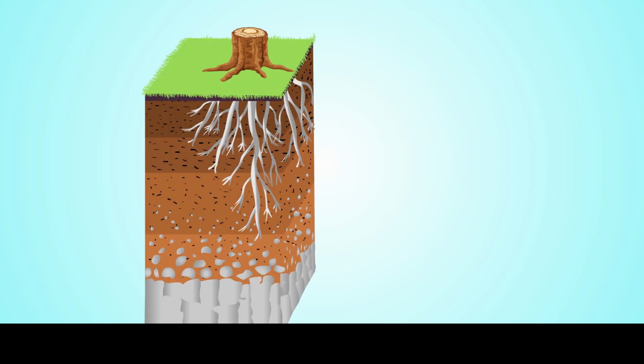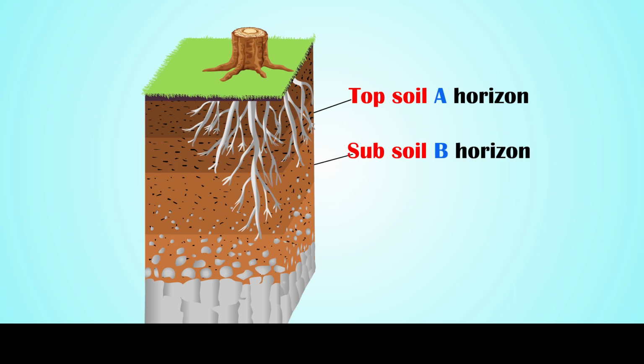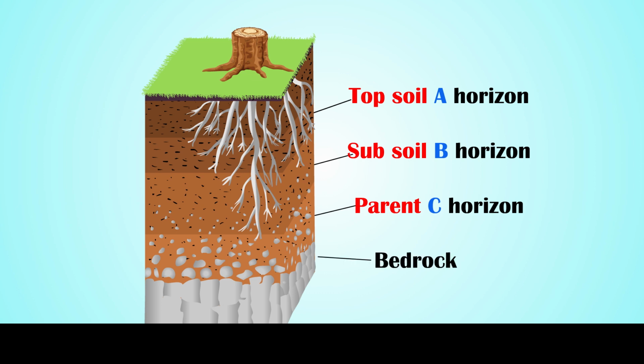Soil profile. Soil is formed in a number of layers. This sequence is called the soil profile. If we dig deep into the ground, we will find that each layer of the soil is different. Topsoil, A horizon; subsoil, B horizon; parent material, C horizon. The top layer of the soil is dark colored. It is called the topsoil. Below it lies a light colored layer full of broken rock pieces. This is called the subsoil. The bottom layer is made up of solid rock called the bedrock.